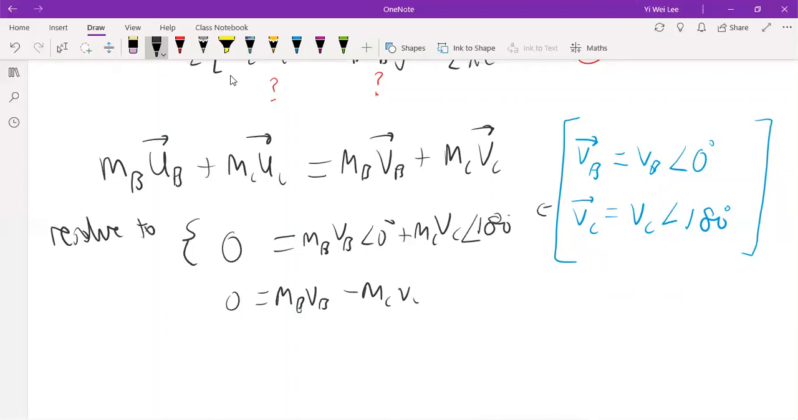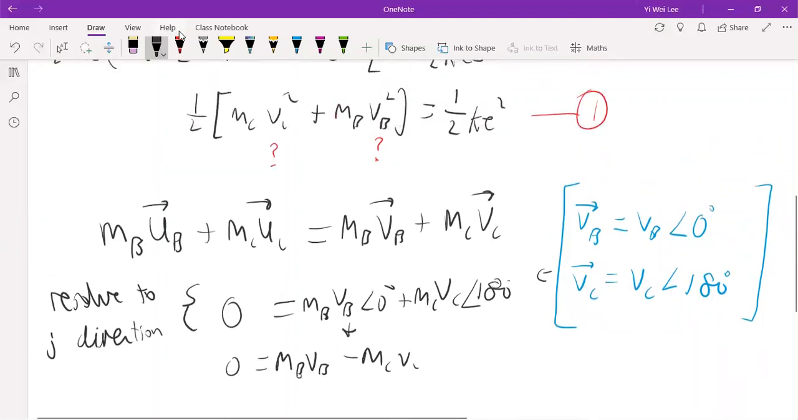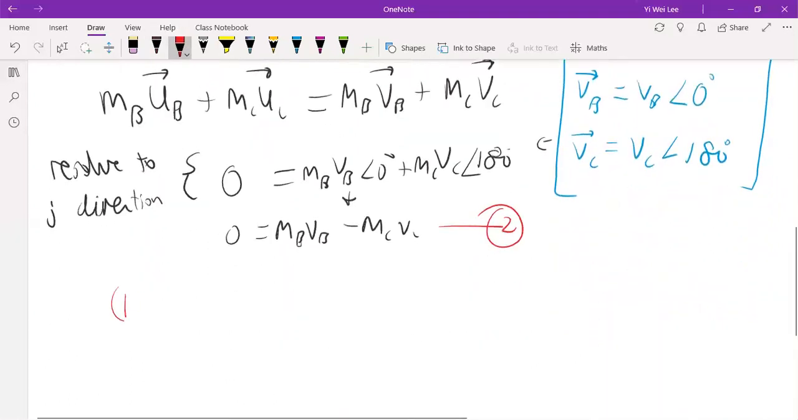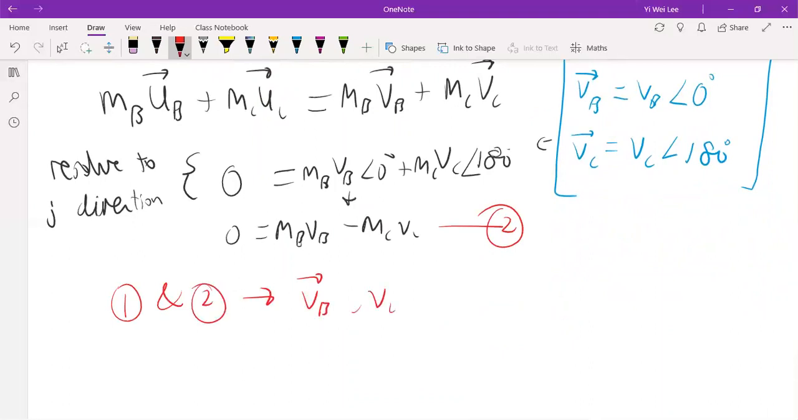Resolve to J direction. That's what you do. When you resolve to J direction, you will get this thing here. When you achieve this thing here, eventually you have one more equation. So this will be your second equation. So for the first equation and the second equation, apparently you can find your velocity of B, your velocity of